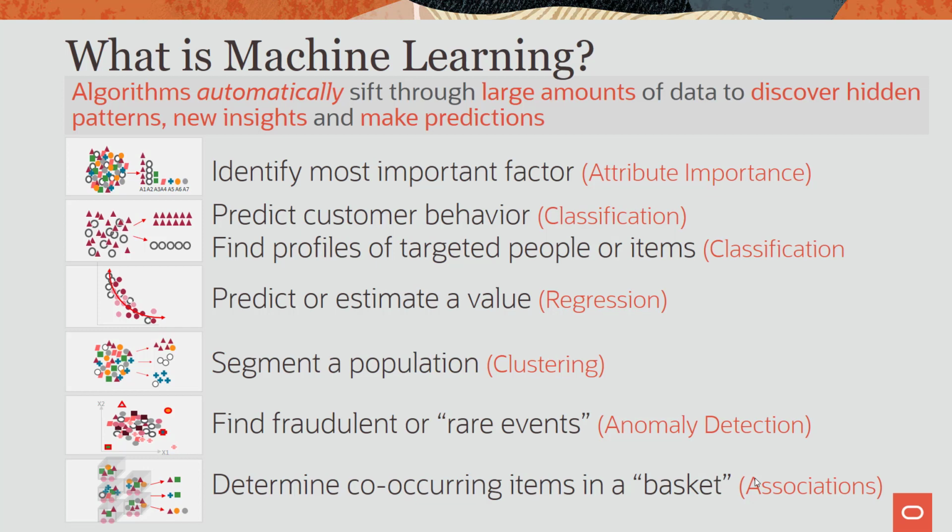There are also other techniques that would be more of an unsupervised learning technique, like the clustering or the specific anomaly detection algorithm that we also have. We have 30 plus algorithms inside the database that I'll get into in a minute. But these categories of algorithms for unsupervised learning are useful, because in those cases you say, I may not have a lot of examples, or I may not know what is fraudulent or not. I'd like the algorithms to sift through my massive amounts of data and sort of separate things out into different groups or clusters, or find those things that sort of stand out as being most dissimilar to the training population,